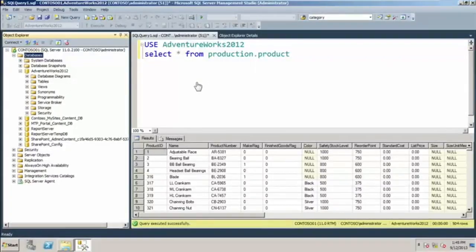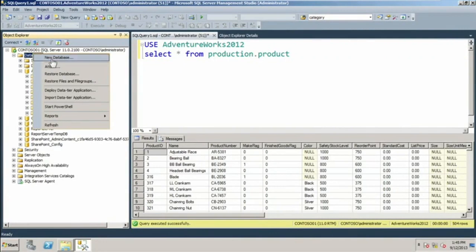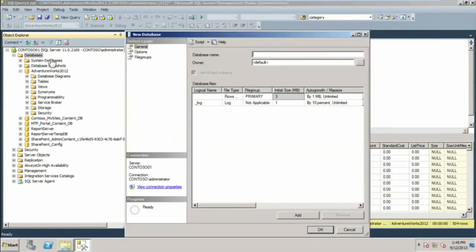So the easiest way to create a database is to go in here to SQL Server Management Studio, and over here where it says databases, I'm going to right click and do new database, and here's a name right here. So I'm going to call this